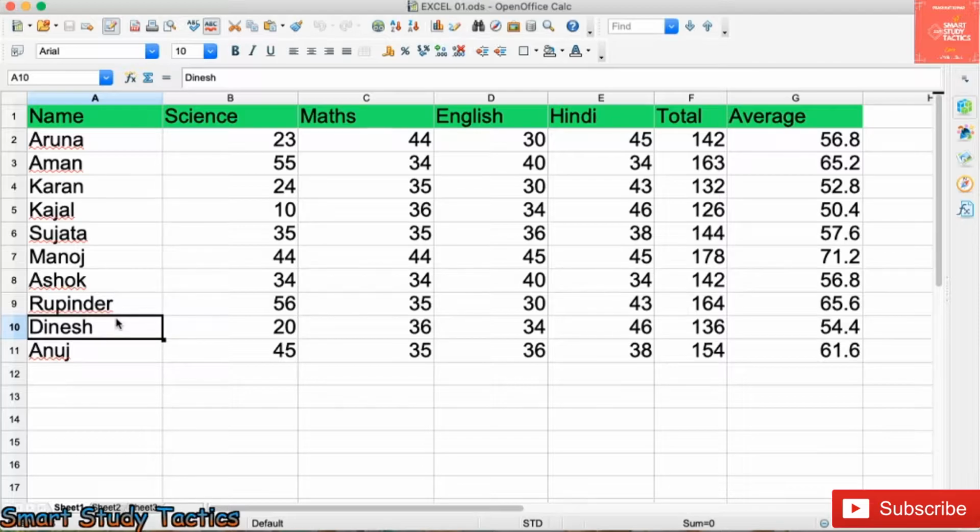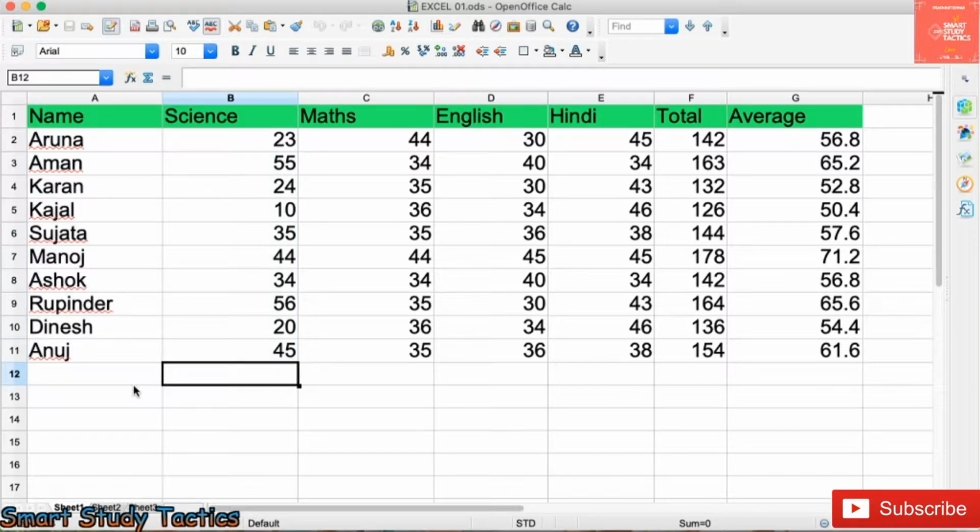So first of all, what is the purpose of hide? If I need to print out this data with only the name and the assigned subject, but the rest of the data is also there, I cannot delete the data because it is very important. So for that purpose, I can hide these columns and take the printout of that. Or I don't want to show anyone the rest of the marks in other subjects, I want to show only the marks of science. For that purpose, I can also use this.